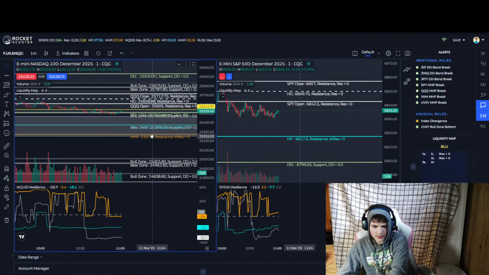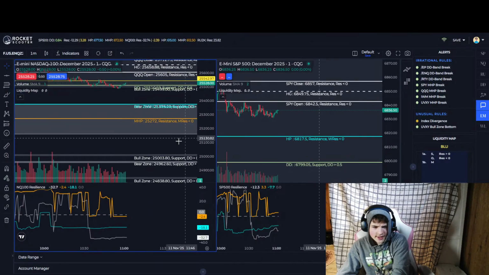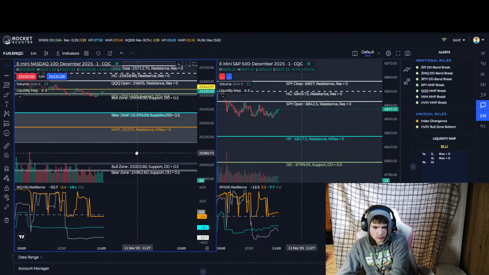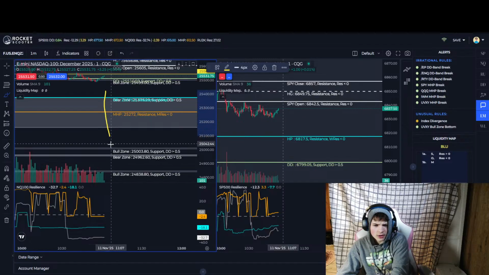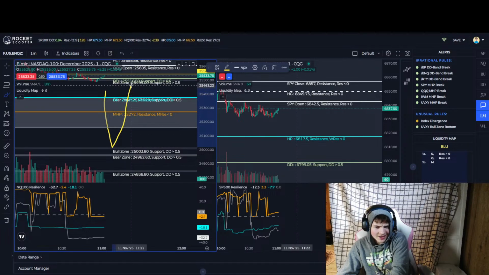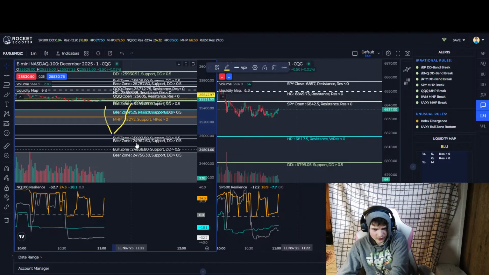So let's say market comes down to here, shoots down to here. Take this trade every time. This is the start of the bull zone. Hold it through bear to the next bull zone. That's the EST sandwich trade right here.